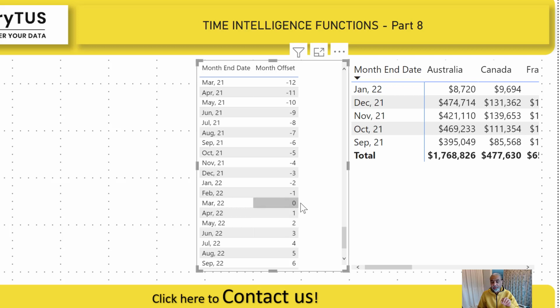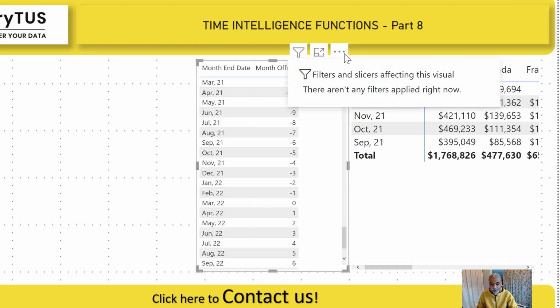So now we always know where we are. When we are in April, April will become 0, that will become the anchor, and March will become -1, then -2, and so forth. Similarly, we can have a year offset, week offset, quarter offset. So how does this make a difference in our